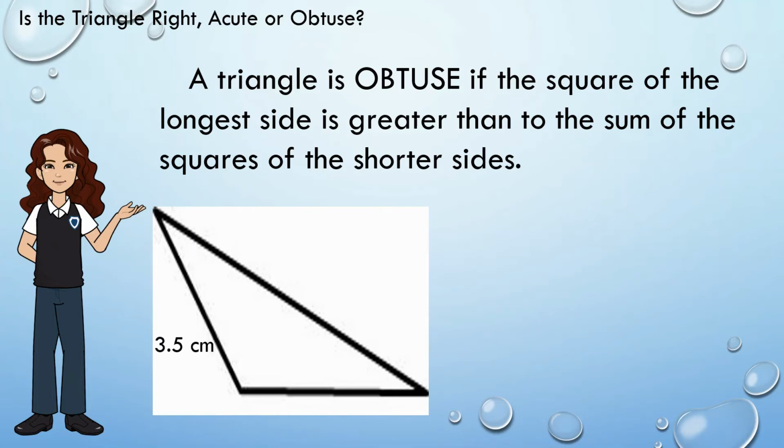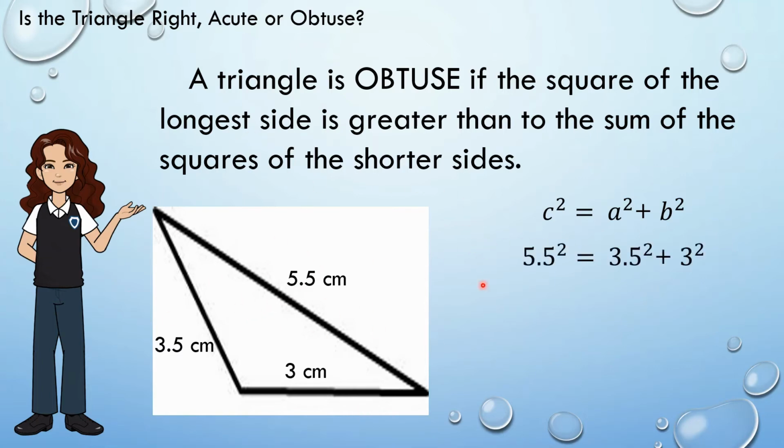So we have the measures 3.5 centimeters, 3 centimeters, and the other side is 5.5 centimeters. Our longest side is 5.5. So 5.5 times 5.5, that is c squared, the longest side, is equal to 3.5 squared plus 3 squared. When we simplify this, we have 30.25. Then 3.5 times 3.5 is 12.25, and 3 times 3 is 9. So 12.25 plus 9 is